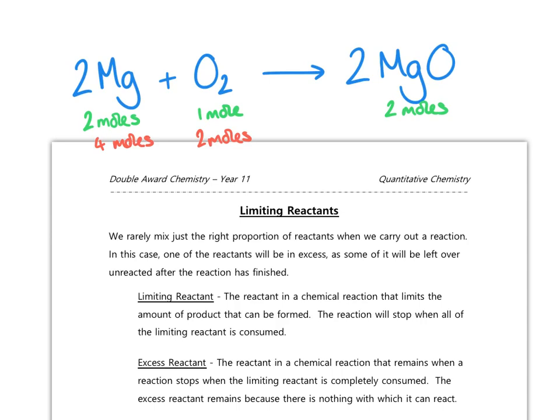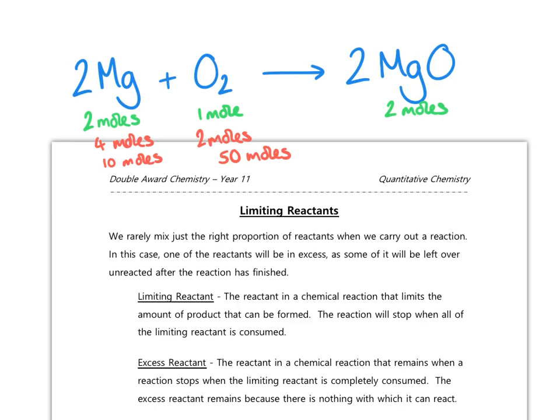So for example, I might use 10 moles of magnesium, but actually use 50 moles of oxygen. So you can see in this equation, I've used far more oxygen than I need to. If I used it in the proper ratio, I would only be using 5 moles of oxygen, but instead